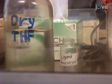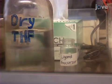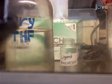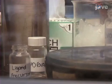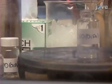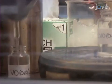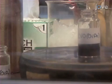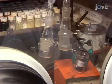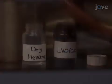Working in a glove box, prepare the vanadium 5 complex by dissolving 0.42 millimole of the ligand precursor in dry THF. Then, add it to a stirring solution of equivalent amounts of vanadium oxotris isopropoxide in THF. Stir the reaction mixture at room temperature for 15 minutes before removing the volatiles under vacuum. Next,